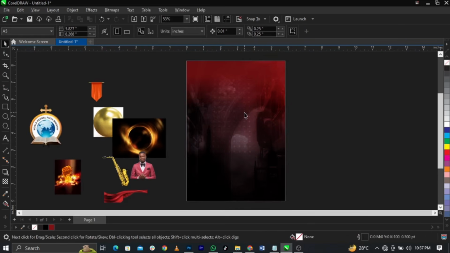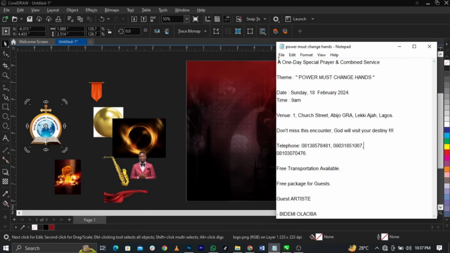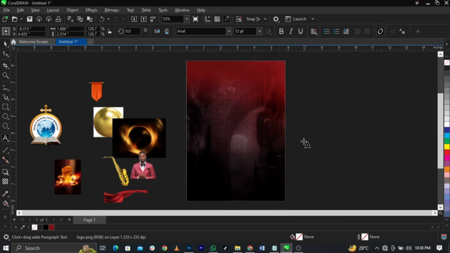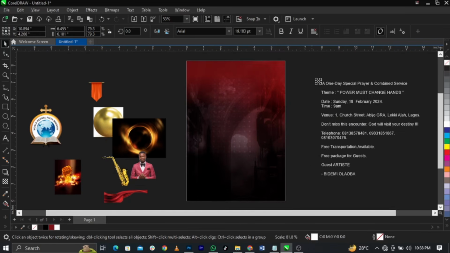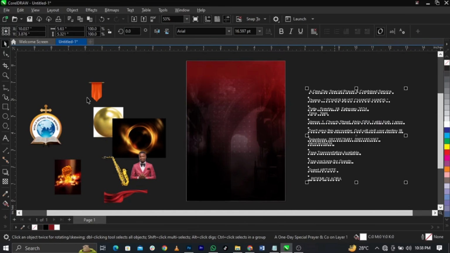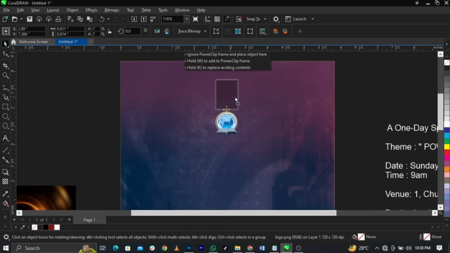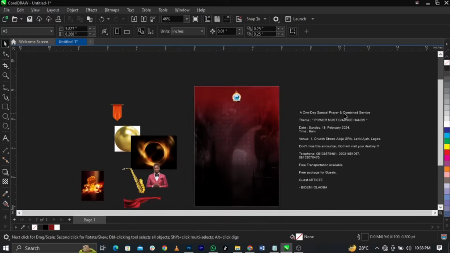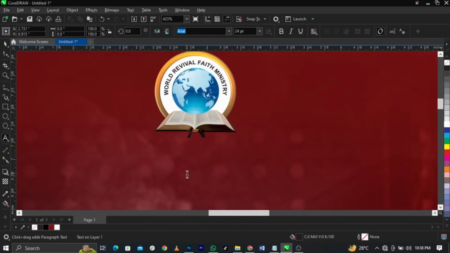So what I'm going to do is bring in my text. All right, I'm going to copy everything and paste that here. Ctrl C to copy and Ctrl V to paste. So let's give it a white color so we can see. So right about that, guys, I'm going to bring in our logo and place it just right here. So we're going to reduce this, place it over here, and once we do that, the next thing we're going to do is type in the name of the church, which is